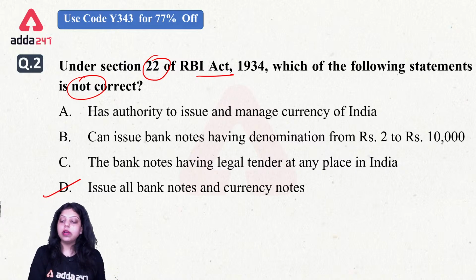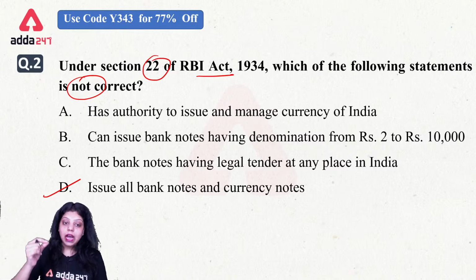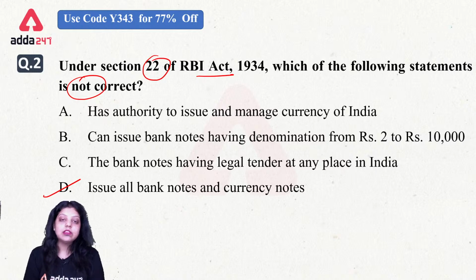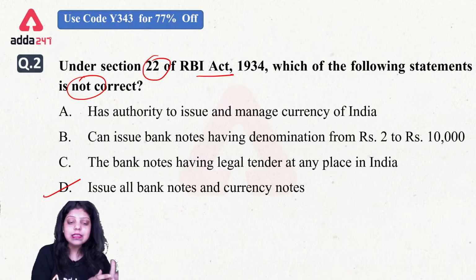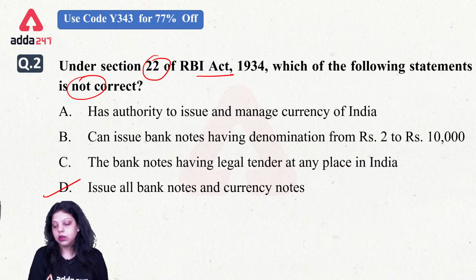Now when it comes to 1 rupee note, 1 rupee note is printed by Ministry of Finance, Government of India, and it contains the signature of Finance Secretary. All the currencies which are from 2 rupees to 10,000 rupee note, the signature will be present of the Governor of RBI, but on 1 rupee note the signature will be done by the Finance Secretary, because it is printed by the Finance Ministry, not by the Reserve Bank of India.